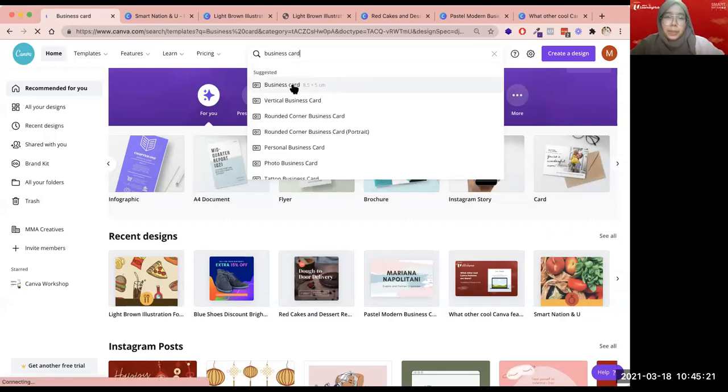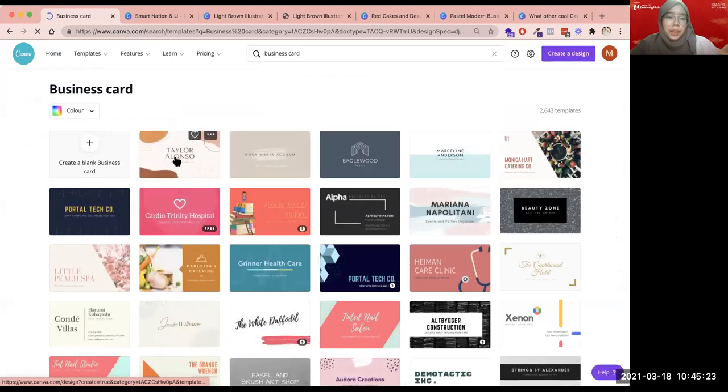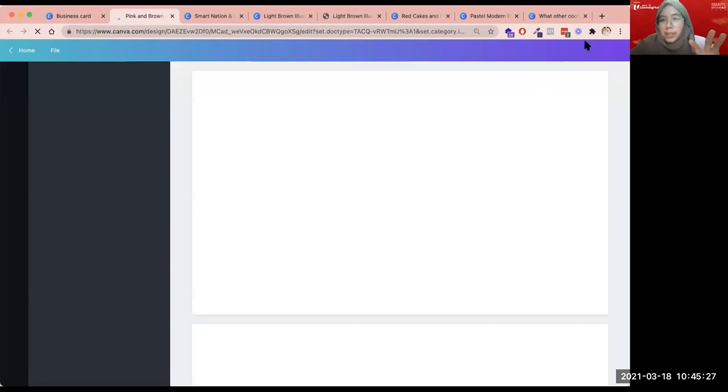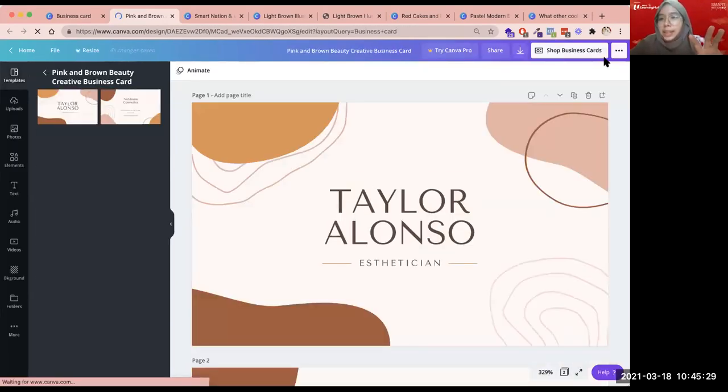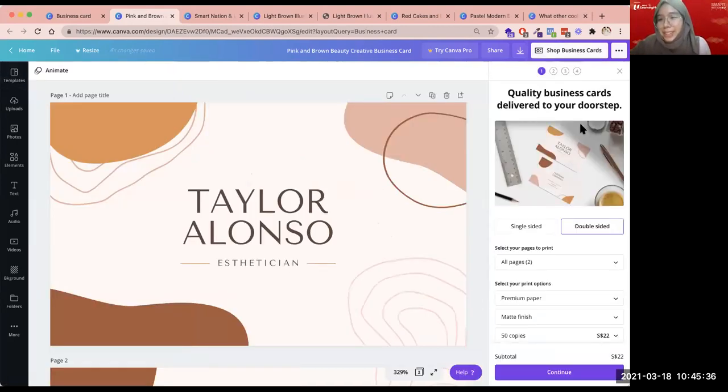I'm going to click on this business card over here, and just select any one like this. After I do all my edits, you can see that Canva makes it very easy for you to just print it. Just click on shop business cards at the side here,